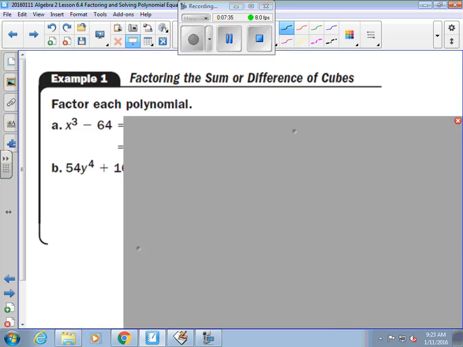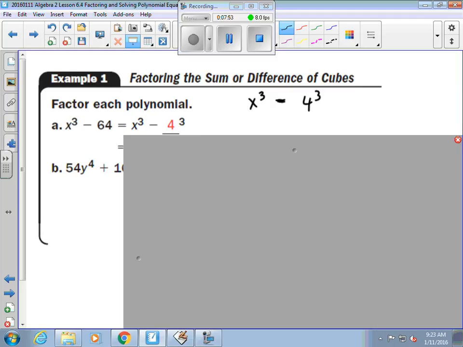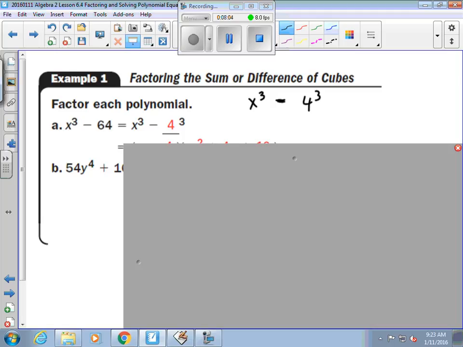Example number 1 is factoring the sum or difference of cubes. So x minus 3, I'm sorry, x to the third minus 64. So what that is: 4 times itself 3 times is 64. So x to the third minus 64 is the same thing as x to the third minus 4 cubed. Now you have the difference of 2 cubes. So what we're going to do is take the x minus 4 and write it just like that, x minus 4,